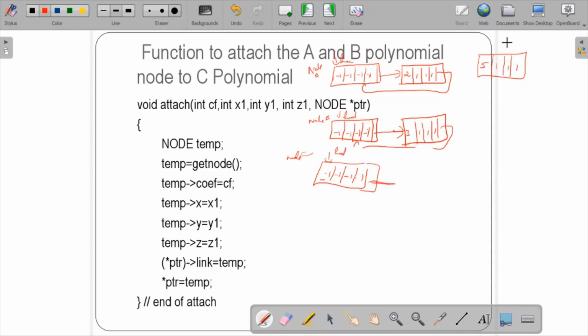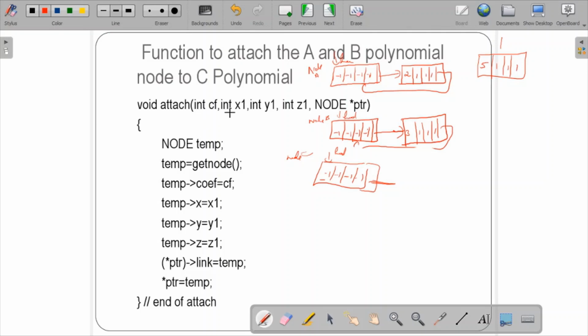So what I'll do is I'll keep this particular node, and finally I have to attach it. To do that attachment of this new addition node to the current node, I should perform the execution of the attach function. So what is there in the void attach function? Let us see.